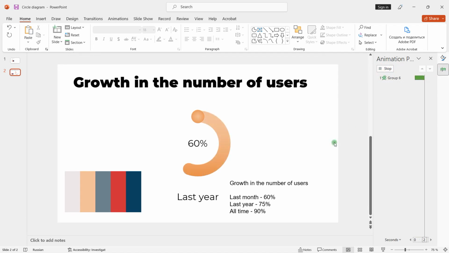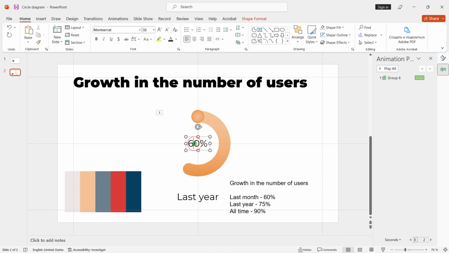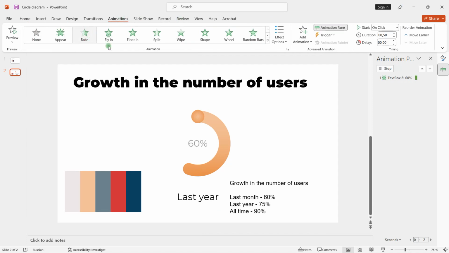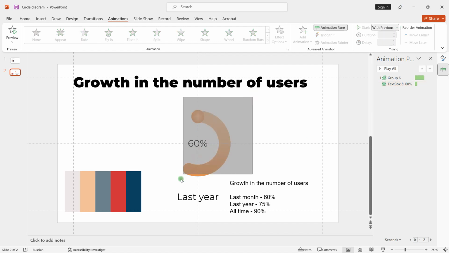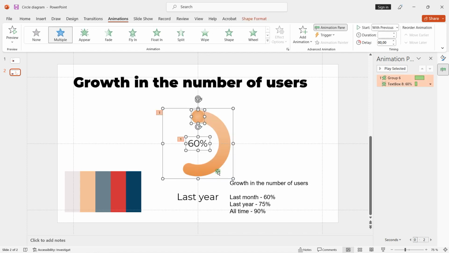I like our result. Let's add an animation for the text block with percentages. Select it with the left mouse button. Go to the Animations tab and select the Fade animation. Start with Previous. Ready. With the left mouse button, select the diagram and the text block, and with the Ctrl